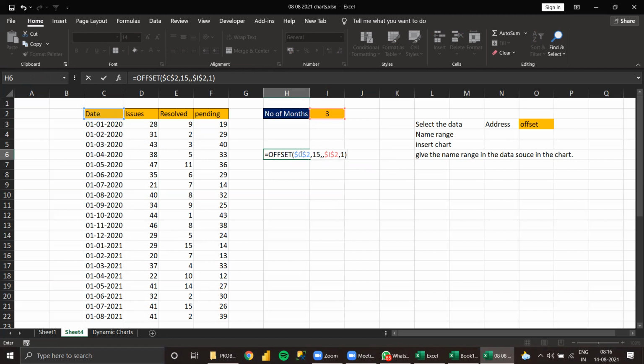Please understand what I have done. See, this C2 is the start point here. Data started. Now rows, we can make dynamic, we'll see later, but I counted 15. From here, 15 rows I need to go down. This is destination. Then column movement nothing, because this same column data I need to take, so blank. Then height is this. This is the reason this is dynamic. How many rows? 6 rows, 3 rows, or like that. Then only one column width. Clear this now?